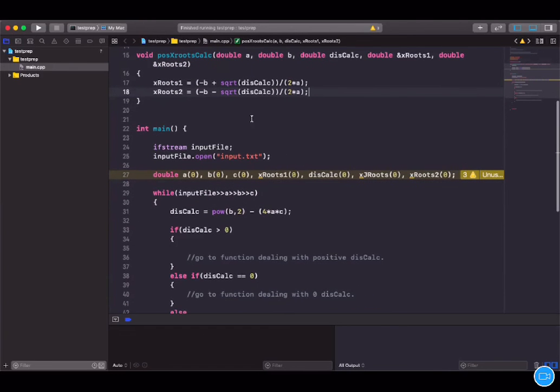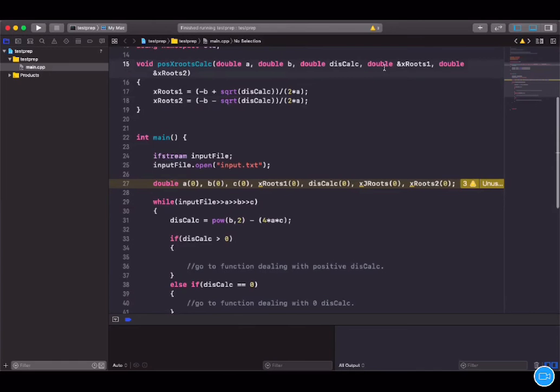Cool. And you use void if you're going to work with variables being passed by reference, or in this specific case I am. Maybe you want to pass by reference and return something, then you would change that to be whatever data type or value you want to return. Okay. Now, I have made my function for positive x roots, okay, but I have not somehow incorporated it into